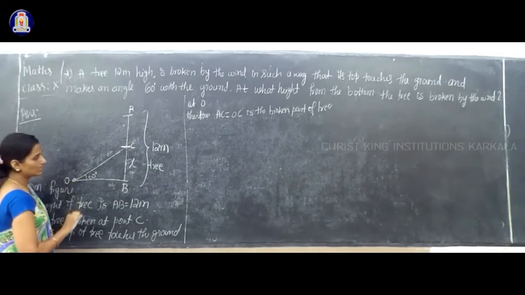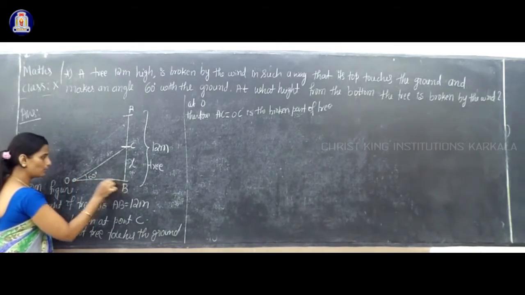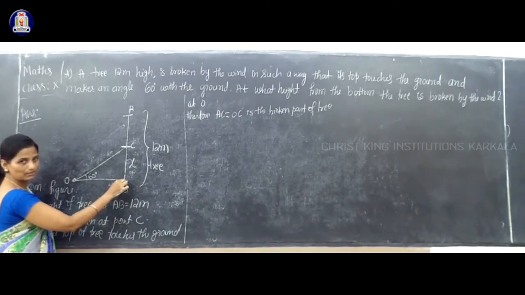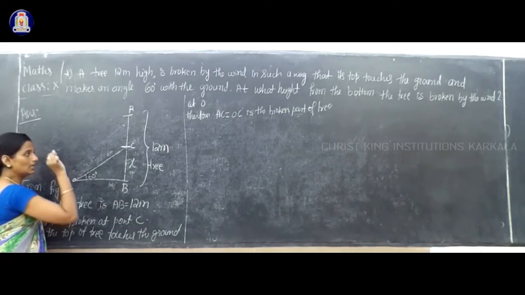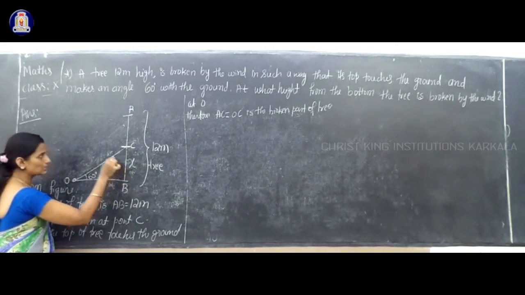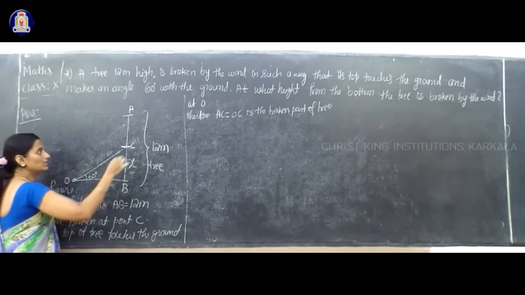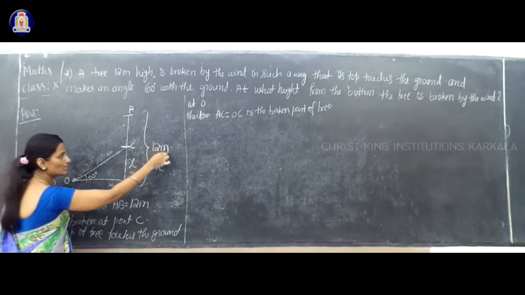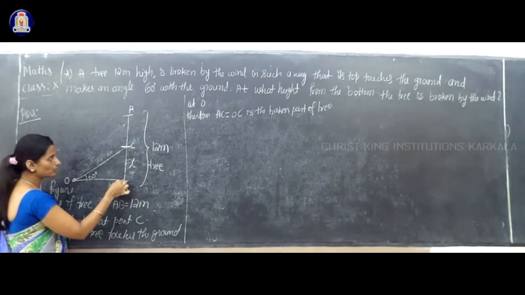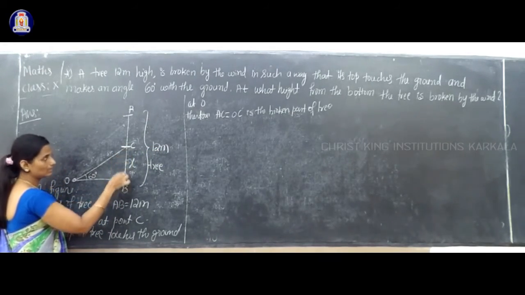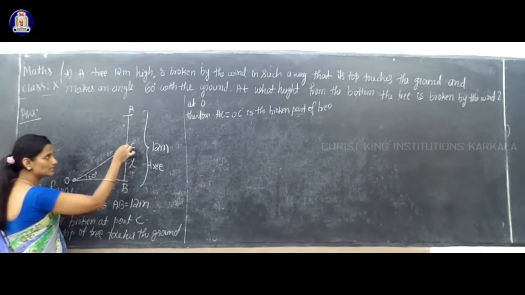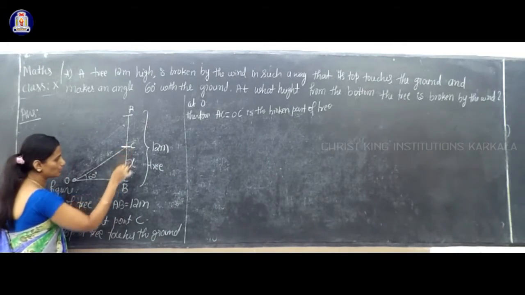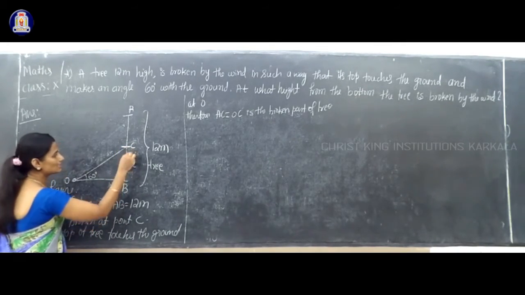So which two sides are given? Is anything given about your adjacent side? No. The distance between the point and the tree is not given. So leave this adjacent side. Now only concentrate on the opposite and hypotenuse sides. Now here the total height is given. What is the total height of the tree? That is 12 meter. We need to find out at what height the tree is broken, that is BC. So I take BC as x because I don't know this length.